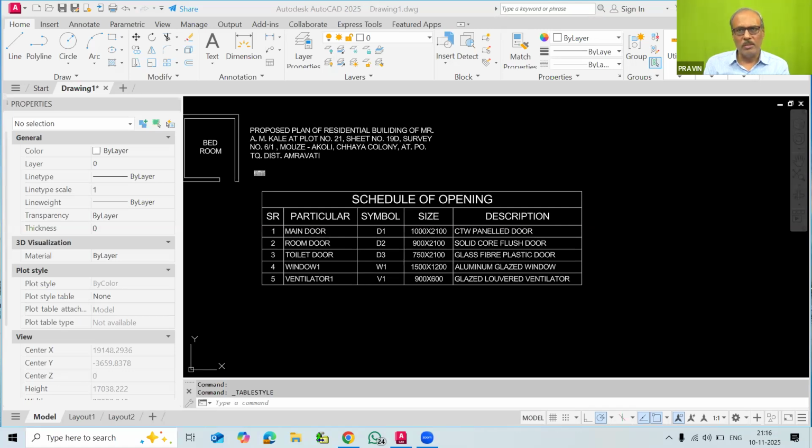So there are so many things to be done with the help of text, but whatever importance is required as per our building drawing requirement, that we have studied in the previous two lectures, and now in today's lecture, creating the table. So this type of table you have to create at your home, indicating all the things here and there, and how the other drawing tables are required. So those tables also we will create in the upcoming sessions.